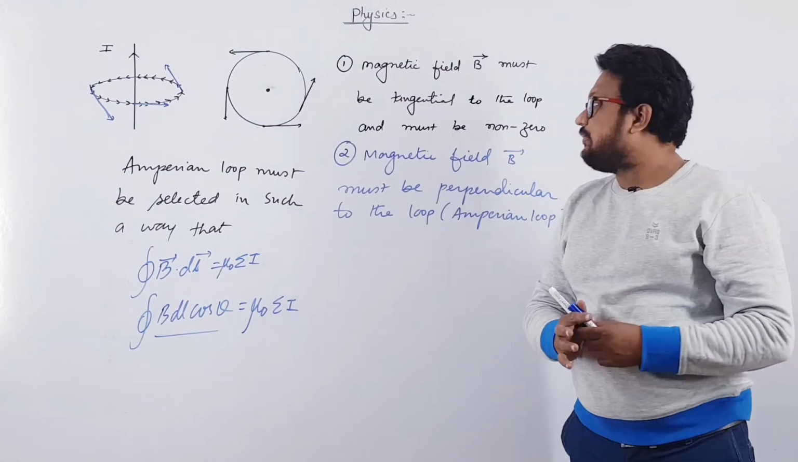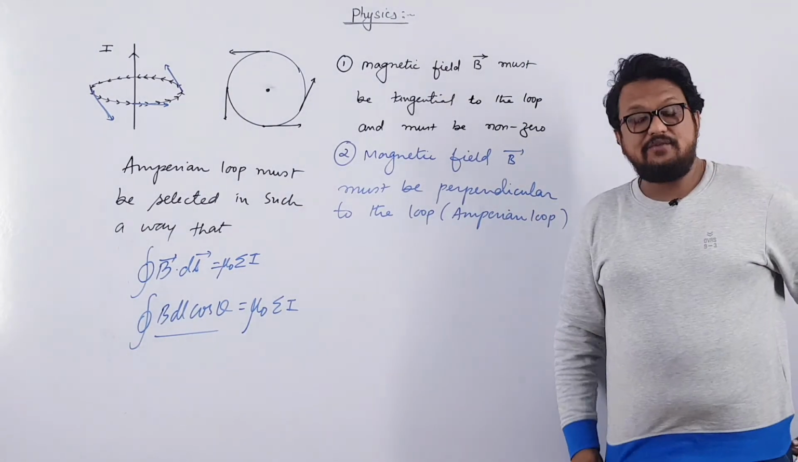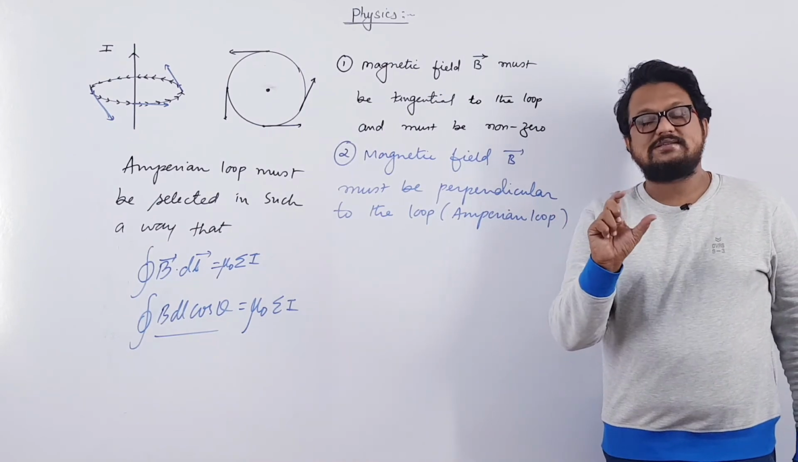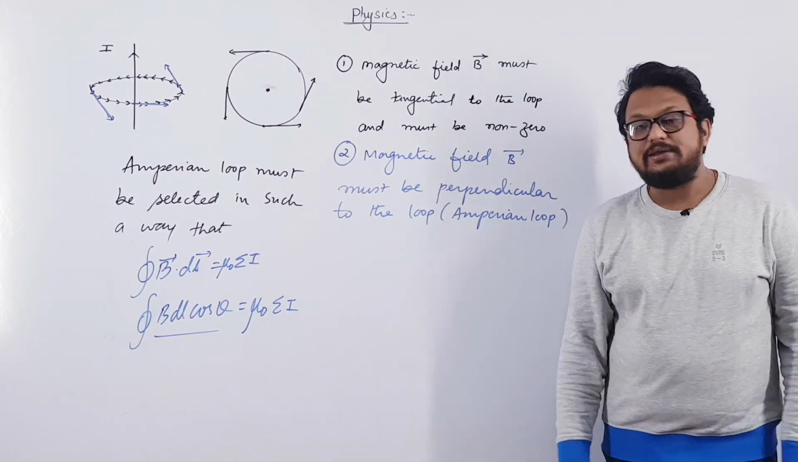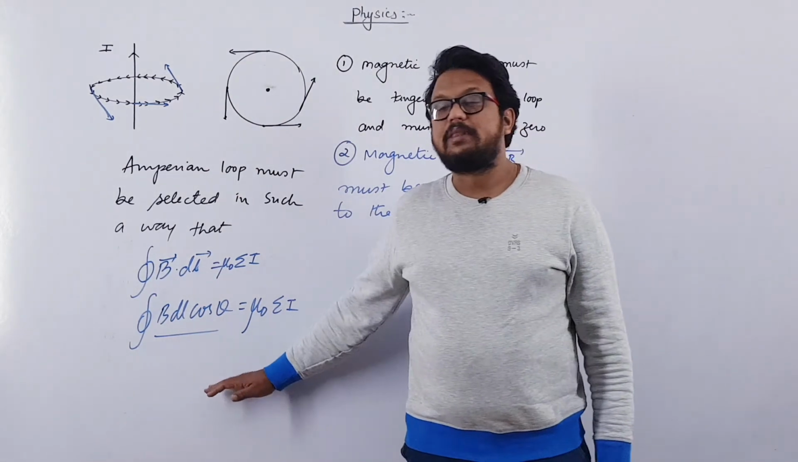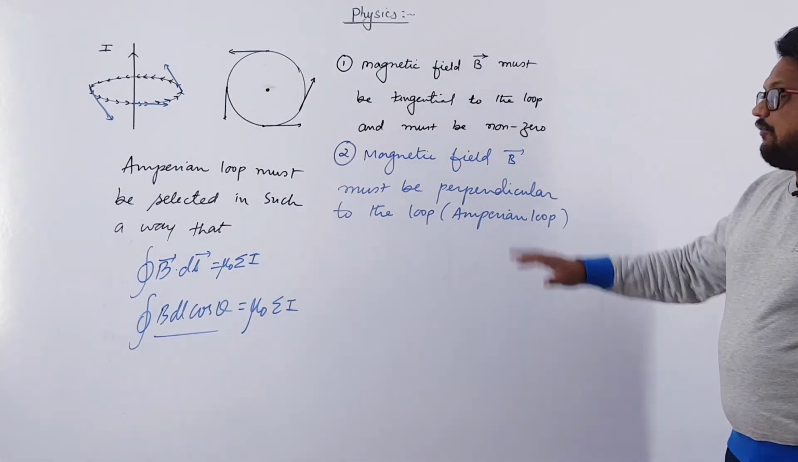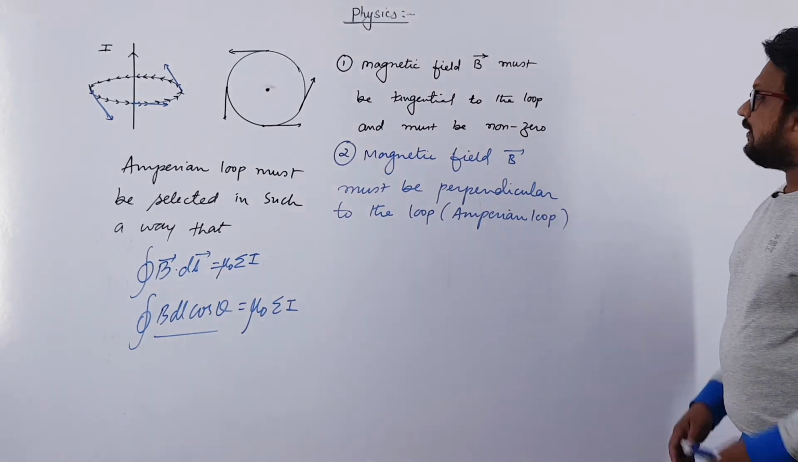In that case theta will be 0, and if they are in opposite directions, anti-clockwise and clockwise, then the angle will be 180 degrees. So you can easily simplify this, right? On the other hand, for the perpendicular case the angle will be 90 degrees, so the whole term will become 0. Clear? And the third one,